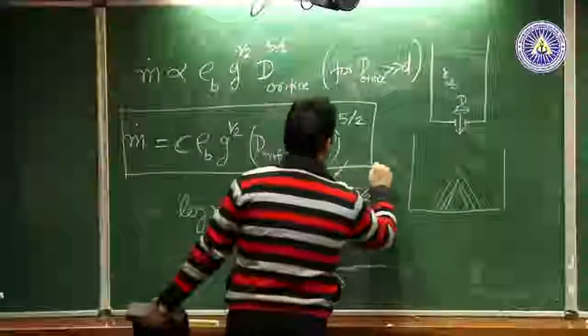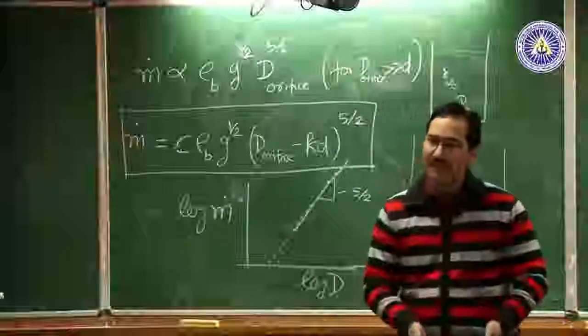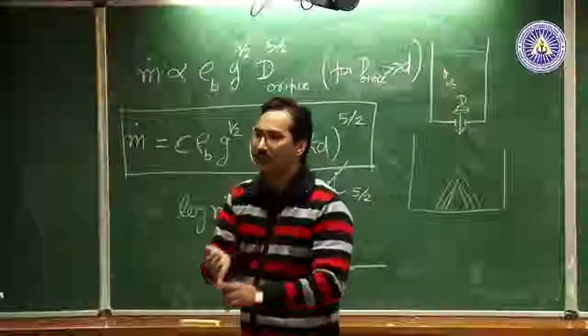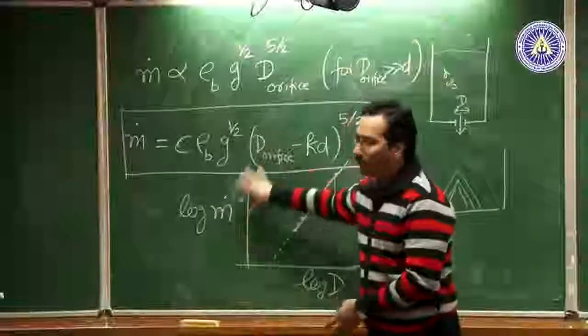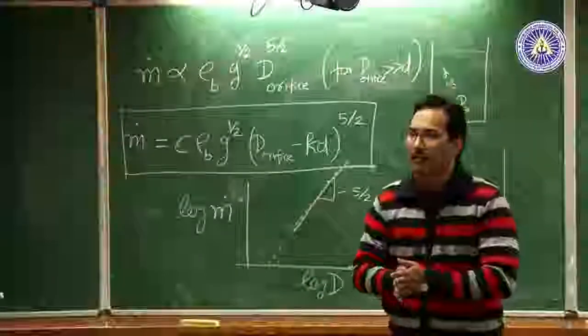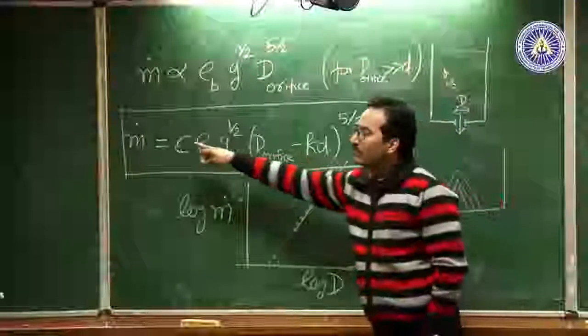This is what Beverloo predicted way back in 1961. He did this for different kinds of grains: sand grains, some cereals, poppy seeds, with different orifices. So essentially this is the best that Beverloo could come up with, suggesting that your mass flow rate seems